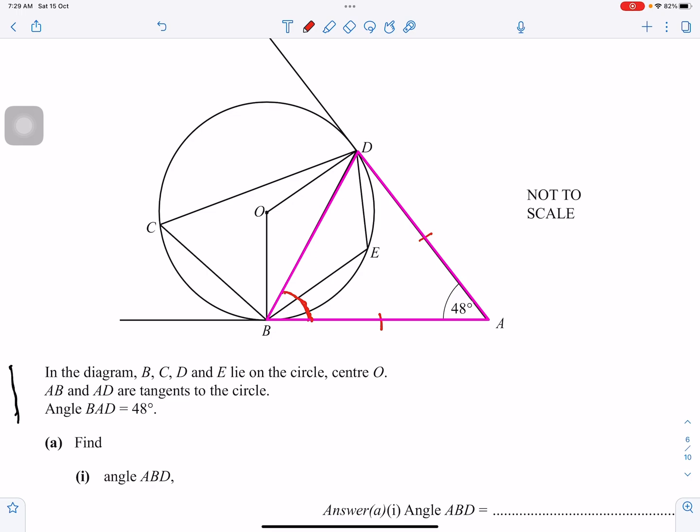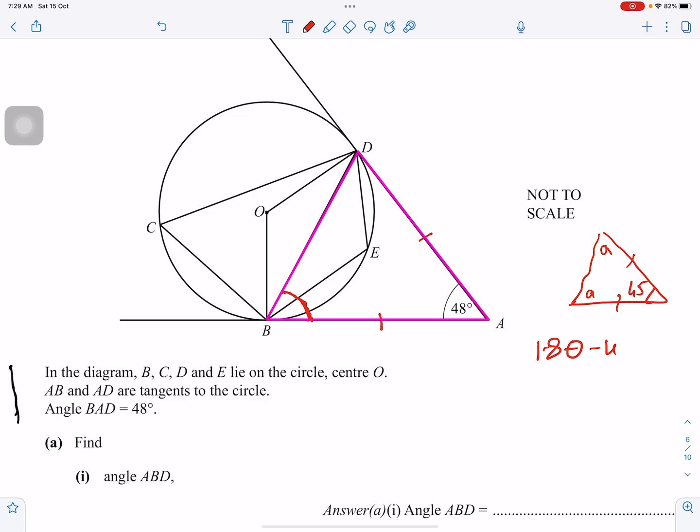Because these are tangents AB and AD, it means it is forming an isosceles triangle, right? You should know the properties of the triangles. So if this is an isosceles triangle, it means this angle and this angle are equal. If these are equal, how can you find it? Sum of the three angles must be equal to 180. So you will simply do 180